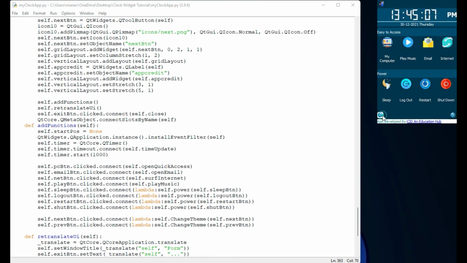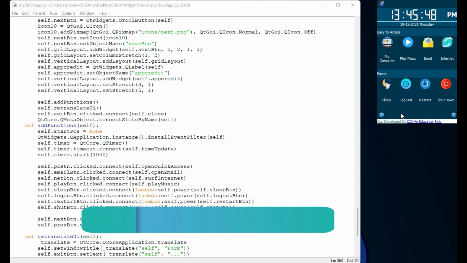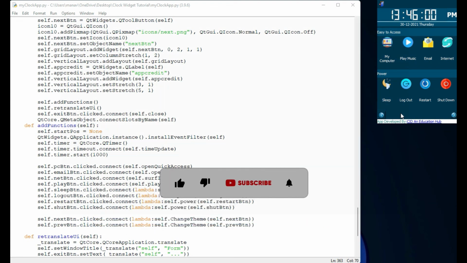So we have done this, guys. I hope you have enjoyed this video. In the next video we'll see how we can make the package of this application, and then we'll convert this package into one executable file using advanced tools, so that it will be converted as the tool widget and it will be installed in your program files. Okay, so we'll see these things in our next video.